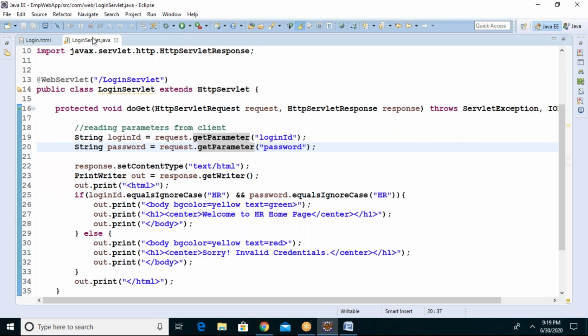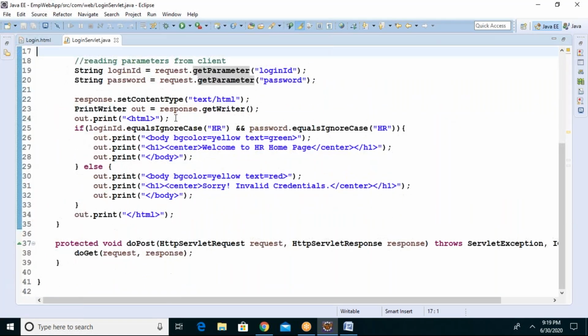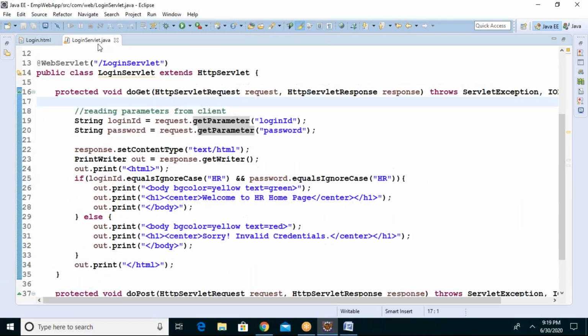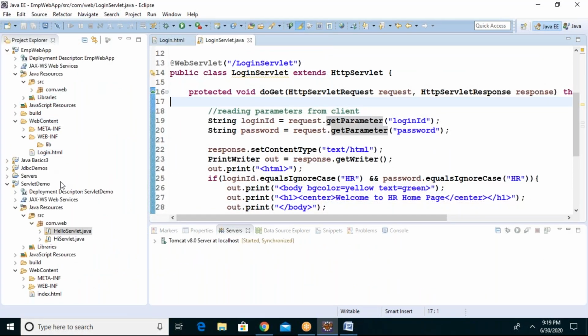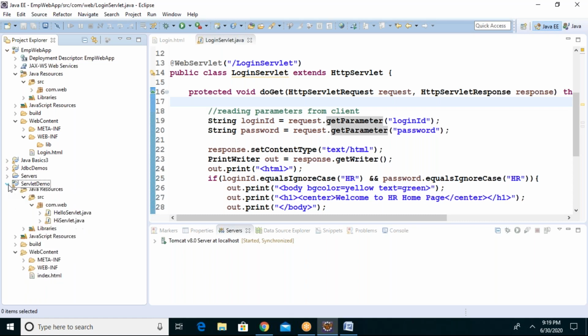So we started with the login module and we keep on adding many features to the login module in a realistic way. If you understand the basics like this, I'm not going to create one more project, guys. You create 2 projects and keep on adding new features every day to the EMP web app. First you practice with the servlet demo and complete it, then you start with EMP.